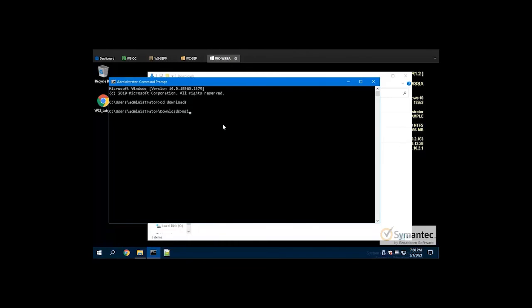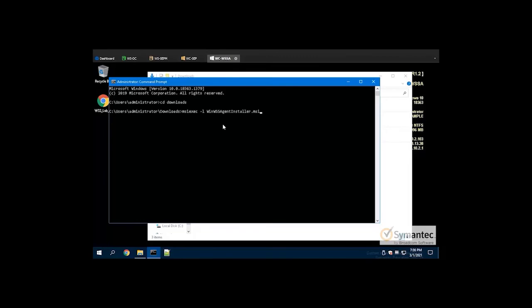We're going to use msiexec, then -L for location, and then Win WSS agent installer .msi. Then we're going to use passive and MCU equals 1. The MCU equals 1 is the one we need. Passive just means we don't have to actually interact with it. It'll just do it for us.